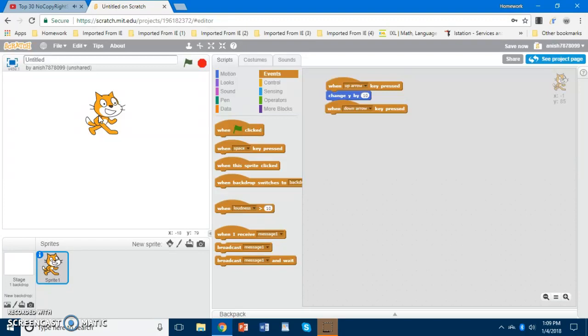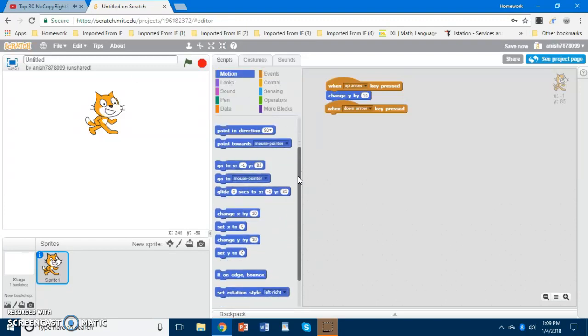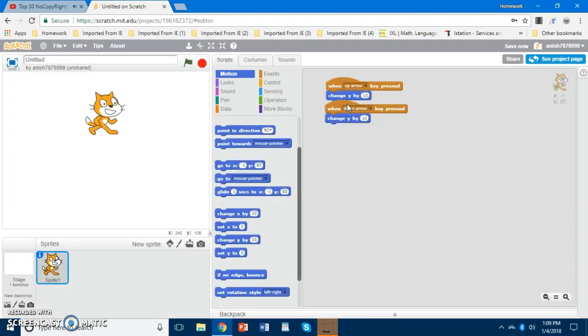When left, motion, change Y by minus 10. Then when left,